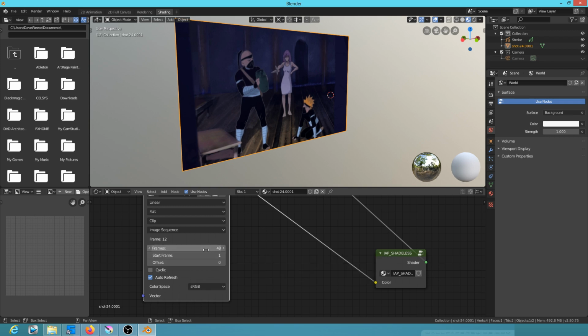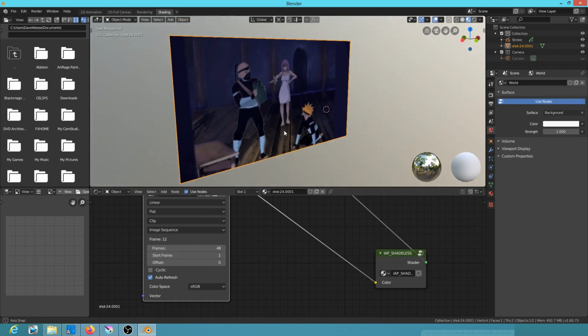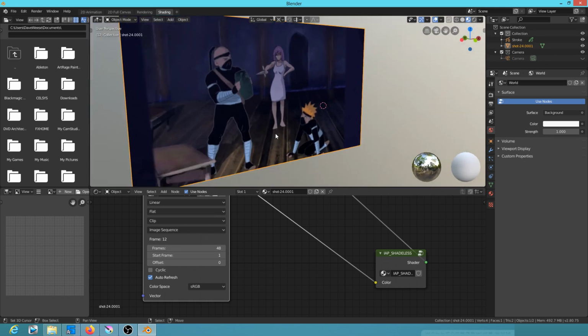So you could actually change this so that now Blender's only going to consider the first 48 frames. But the important thing that we're interested in here for the purpose of setting up our scene is, let's just pretend what we really wanted was for this guy to start his move at frame 1. Well, we know that he started moving at frame 30, so if we put an offset of 30 frames,